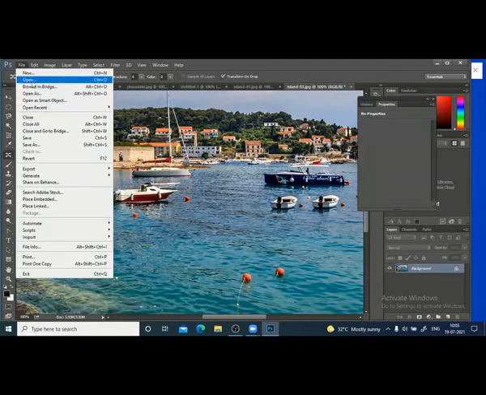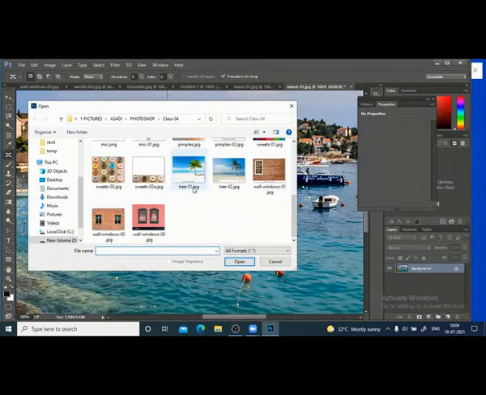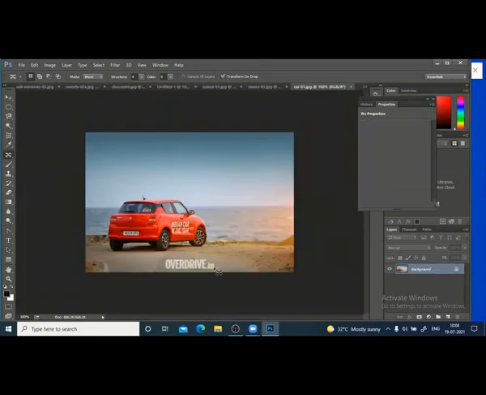File. Let me open this car. I want to move this car here. Like the patch tool, this is more powerful. Content aware. So I am in the move mode. There are two modes I have, move and extend. Move tool. So I will go to the content aware. So we have seen spot healing, healing brush, patch tool, content aware.